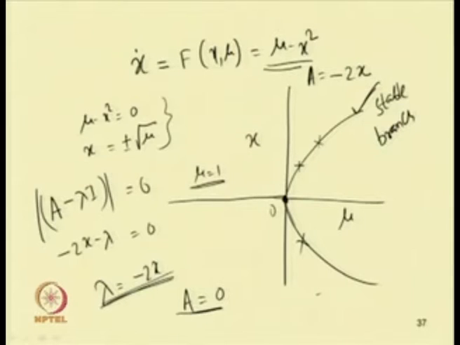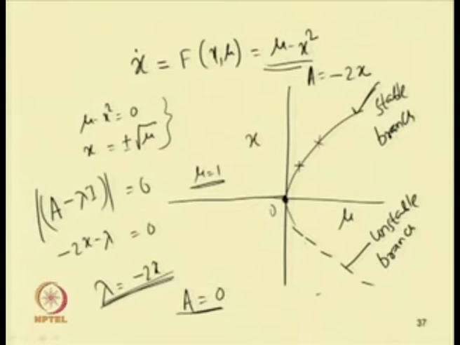As lambda becomes positive, on this branch the lambda values corresponding to x equal to minus 3 become plus 3, and this becomes plus 5. So these points correspond to negative eigenvalues, and this point corresponds to positive eigenvalues. As this point corresponds to the positive eigenvalue, I can plot a dotted line here instead of a solid line, and this branch becomes an unstable branch.